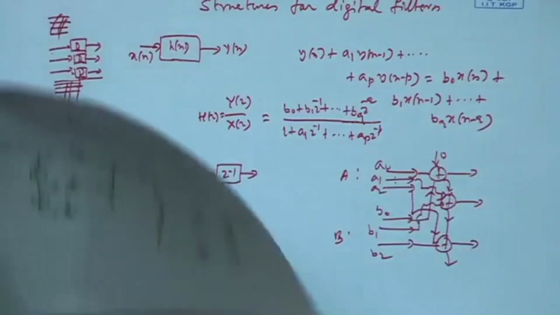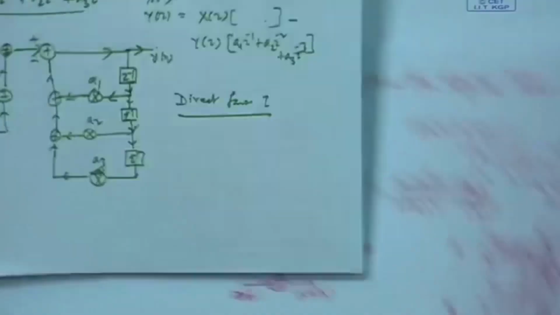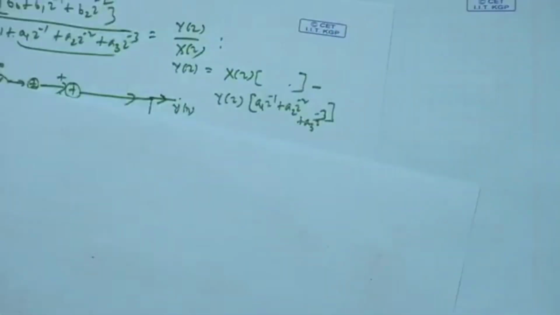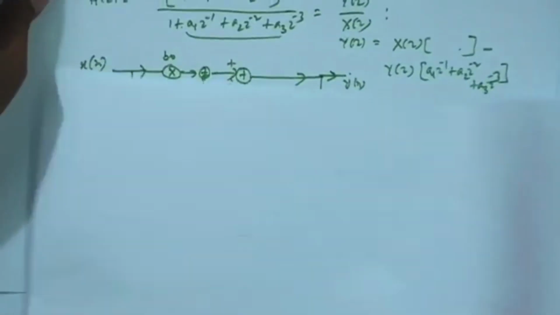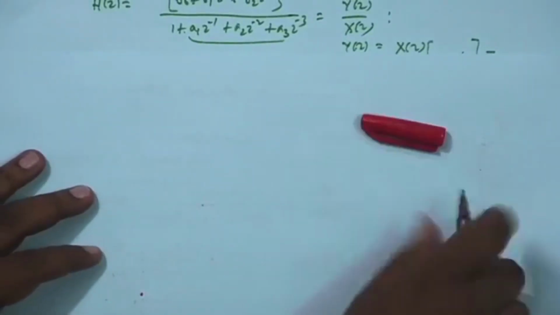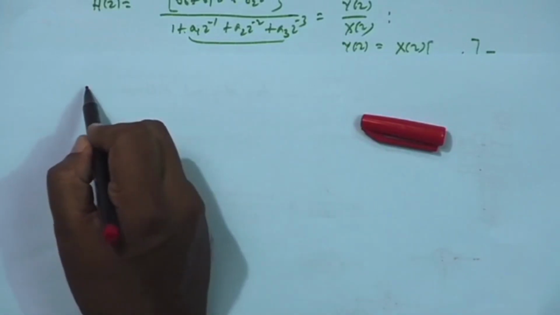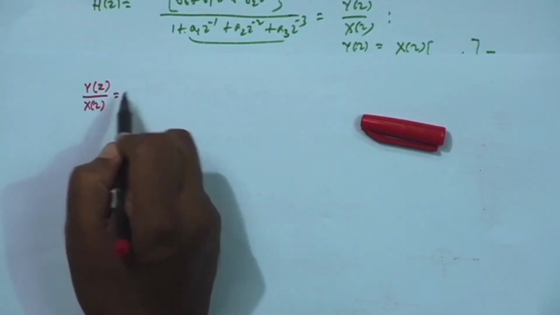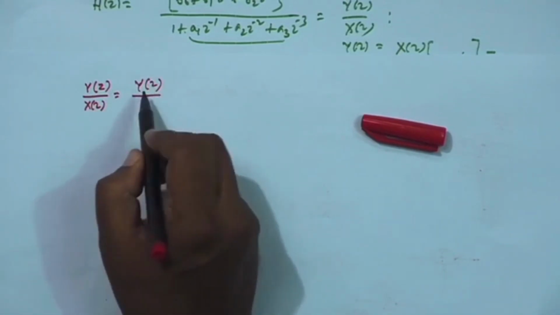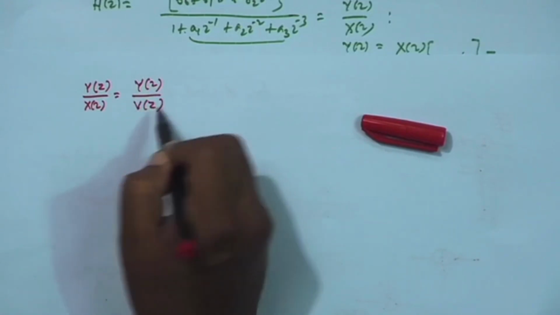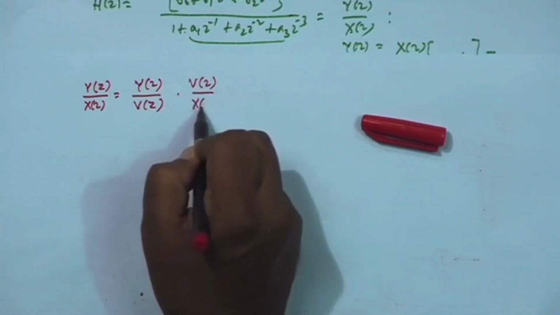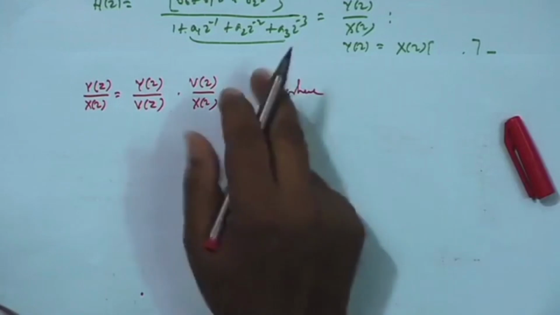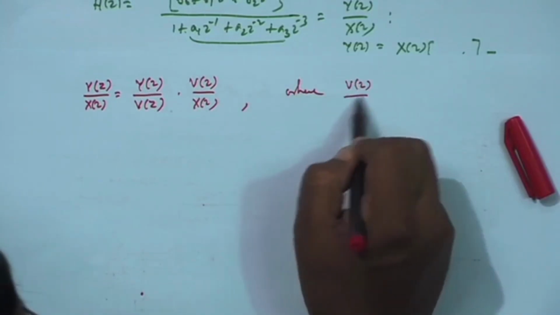For that, Y(z) by X(z), we write like this, Y(z) by maybe some V(z) into V(z) by X(z), where V(z) by X(z)